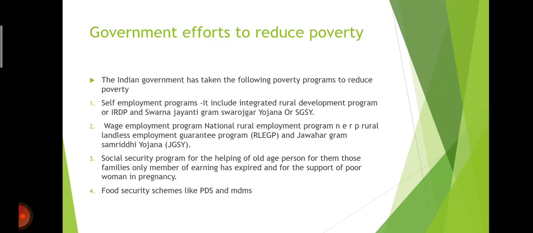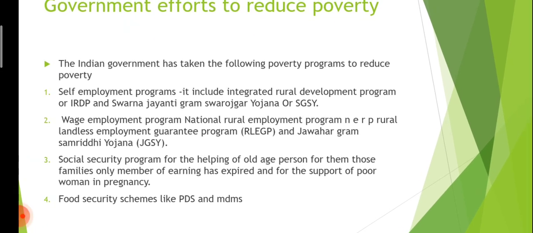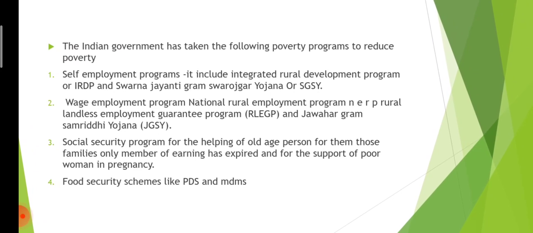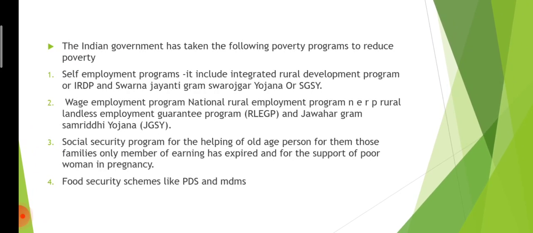Now, government efforts to reduce poverty. In India, the government has taken the following programs to reduce poverty. First is the self-employment program. It includes the Integrated Rural Development Program or IRDP. Next is Swarna Jayanti Gram Swarozgar Yojana or SGSY. Second was the Wage Employment Program: National Rural Employment Program, NREP, Rural Landless Employment Guarantee Program, RLEGP, and Jawahar Gram Samriddhi Yojana,